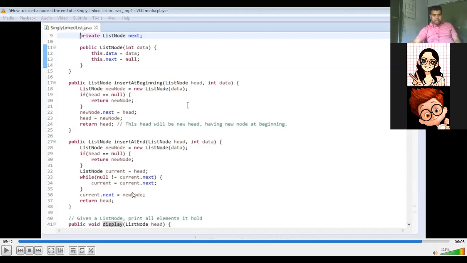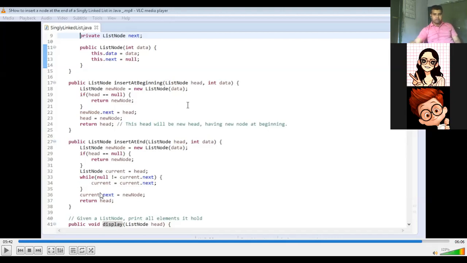So we are heading in this manner, but there will be a position where you will see that your current node is heading towards nowhere, towards the null. That is a position where the present current dot next will link towards the new node which you have created containing some data. So current dot next equal to new node means your second last node is not heading towards the null. It is getting connected with the last node which you have created containing some data.